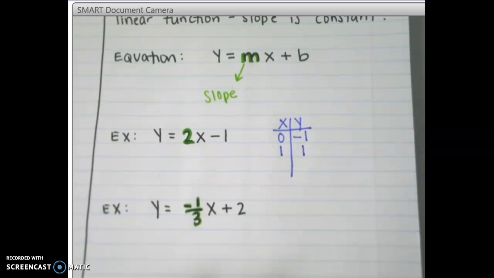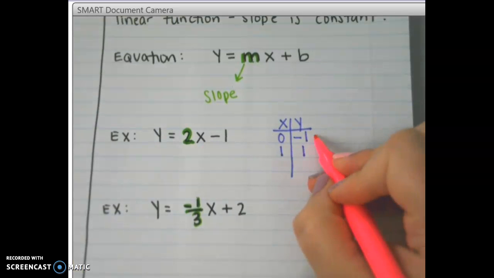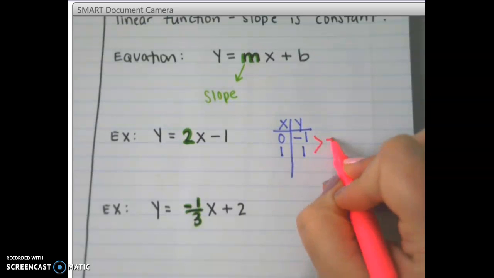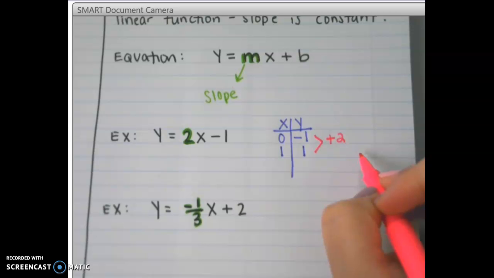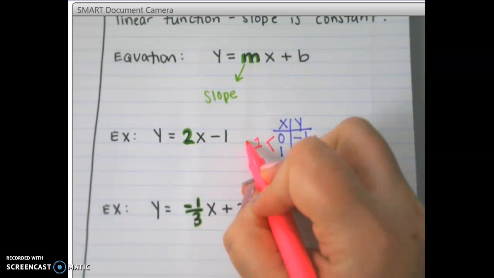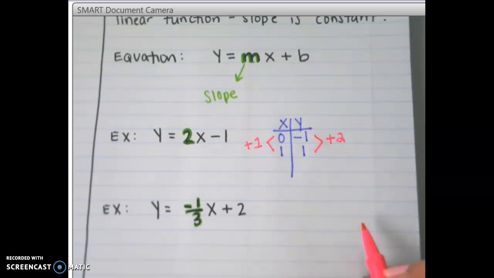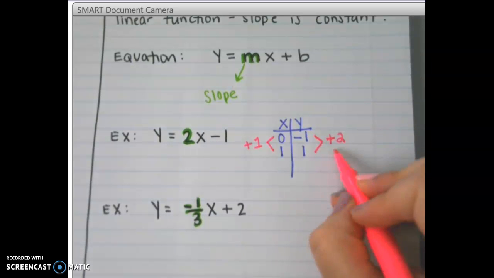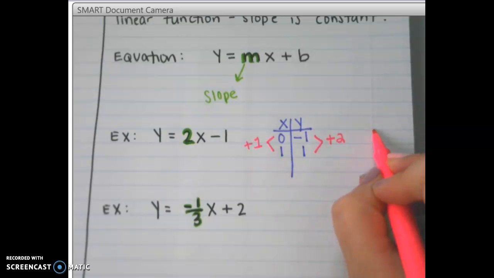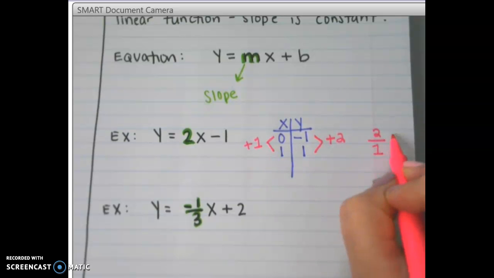So I can see that change. See how my y's, how do I get from negative 1 to positive 1? I have to add 2. Right? How do I get from 0 to 1? I have to add 1. And then the way that you write your slope, it's always the y pattern divided by the x pattern. So 2 divided by 1 is